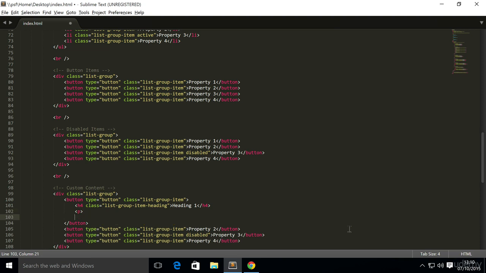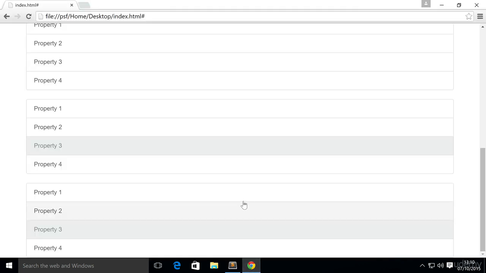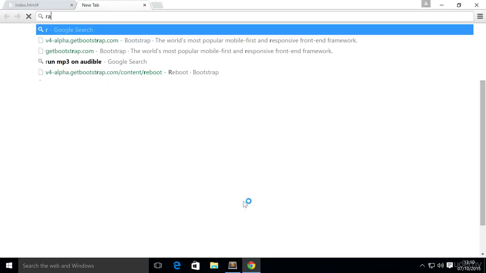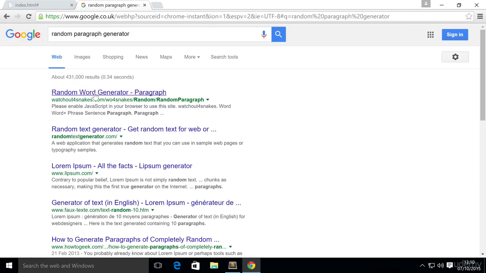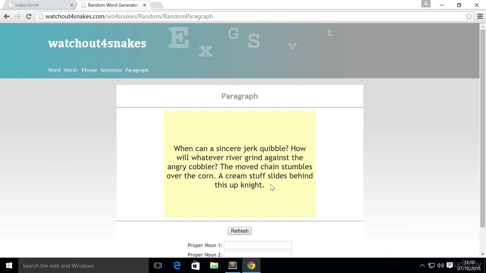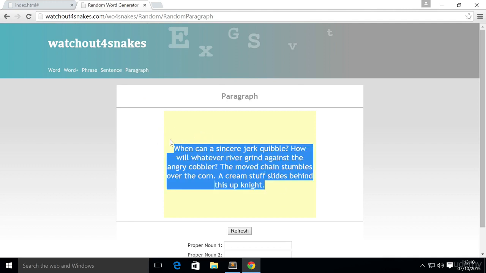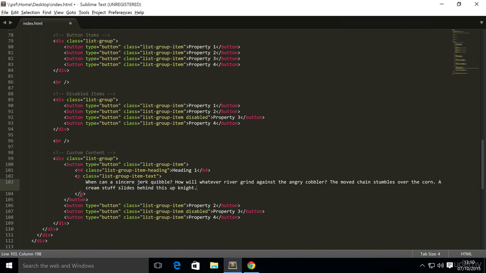And for this, you need a class of list-group-item-text, and inside here it's going to go to web browser, type in random paragraph generator. Do you use this website a lot, or random paragraph generators a lot? Yeah, that looks a-okay. So let's copy that, paste that in, and what we'll do, we'll just copy this and